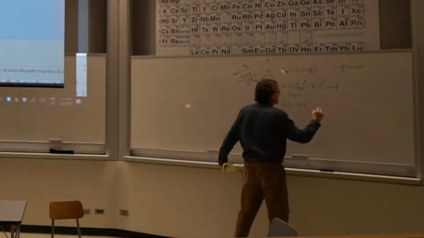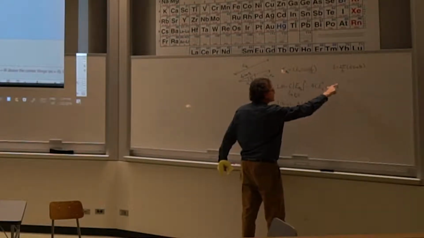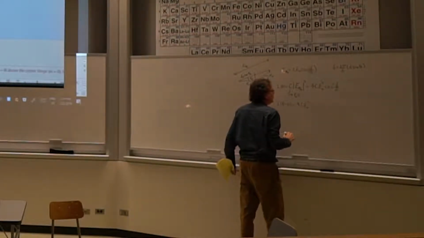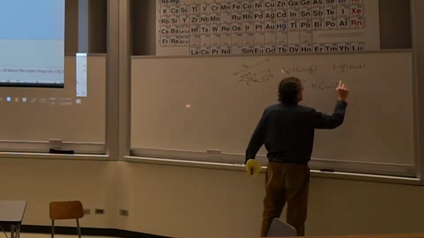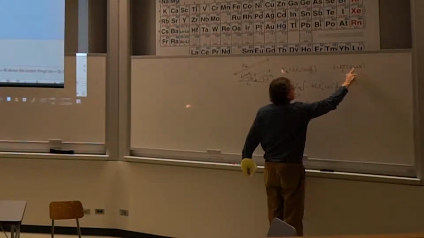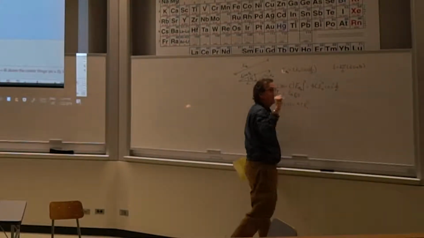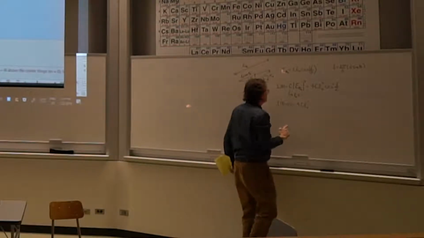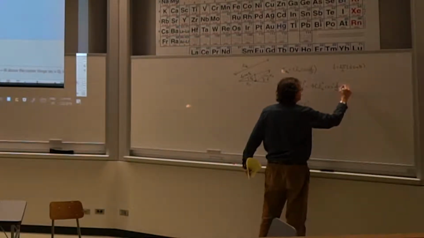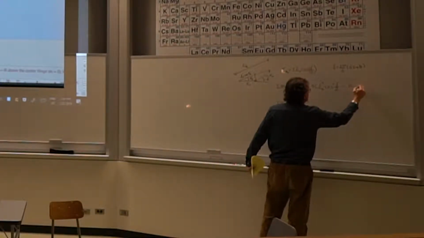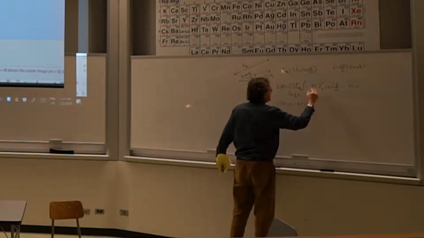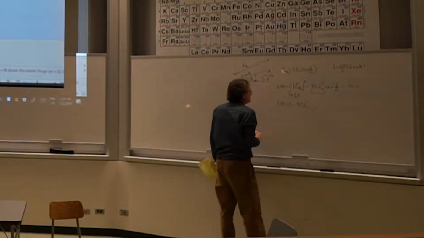And this term, cosine squared delta over 2, is equal to 1. Why? Because when theta equals 0, sine theta equals 0, delta equals 0. Cosine of 0 is 1, right? So evaluating this at theta equals 0 just says that this whole thing out here is simply the intensity at